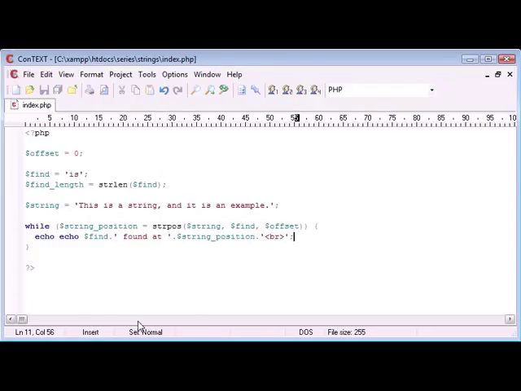Okay, so what this is going to do is for every time it's found, we're going to echo the position and obviously the word. We're going to reiterate, and then we're going to put a line break on the end. But now what we want to do is create a new offset, because at the moment we're going to find the